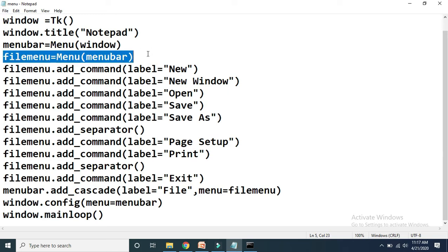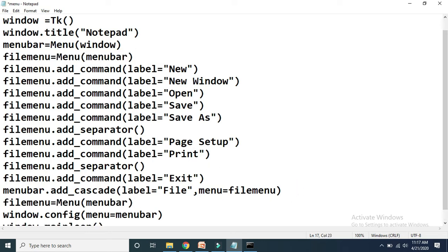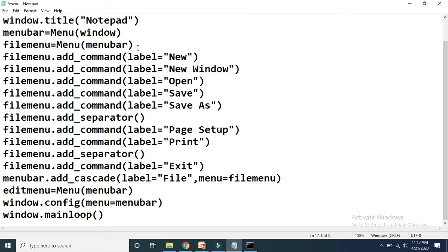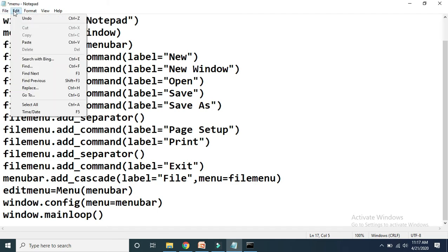Okay, so you can copy and paste this line. Somewhere here you can copy and paste this particular line, so this time we have to create an object for the edit menu. Okay, now in the edit menu we have to add undo, then separator, then cut, copy, paste, and so on.